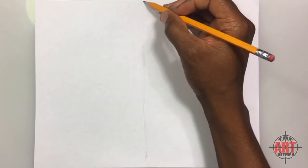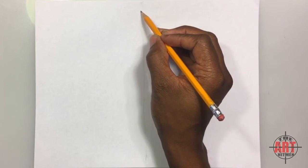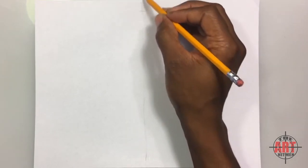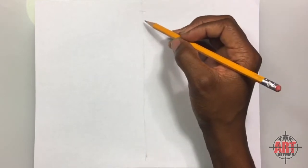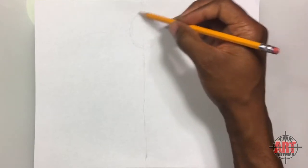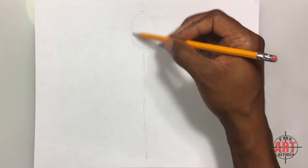Now the first thing we want to do is always come down just a little bit. Always give yourself just enough before you get to the top, before you chop anything off above the line of the page here. Let's start with our typical oval shape. A fairly sized oval shape, not too big and not too small, so that we can fit the figure properly